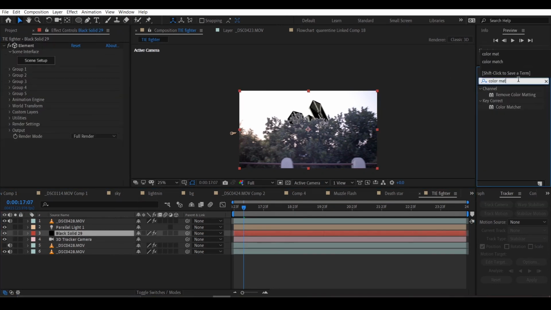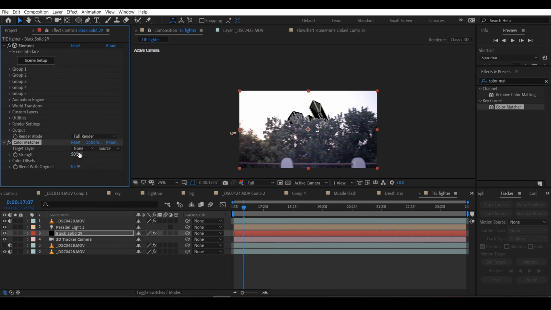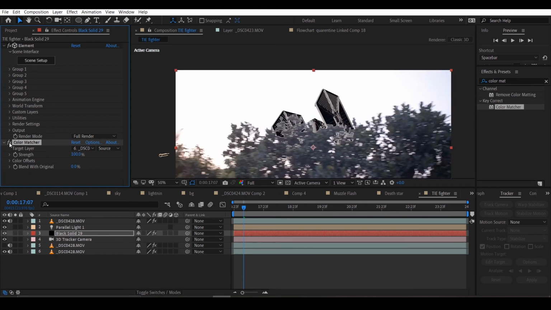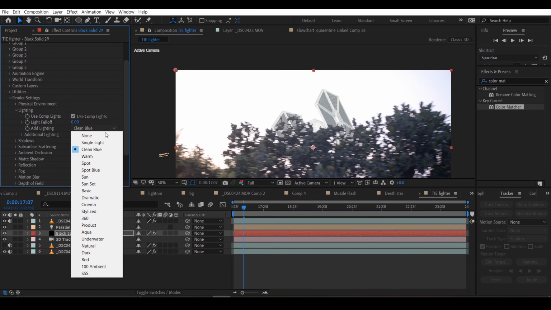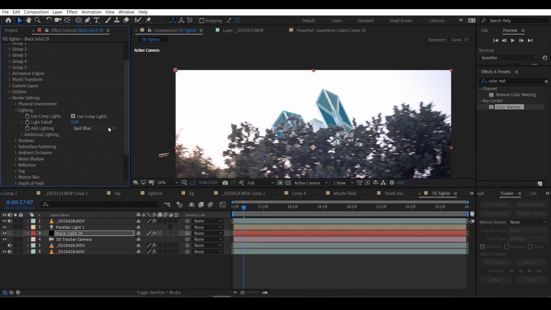So now I will add color matcher to my 3D object, which will blend my 3D object and the scene together by matching colors. And now I will play with the light. I'll go to light and make it spot blue, which fits nice in the scene.